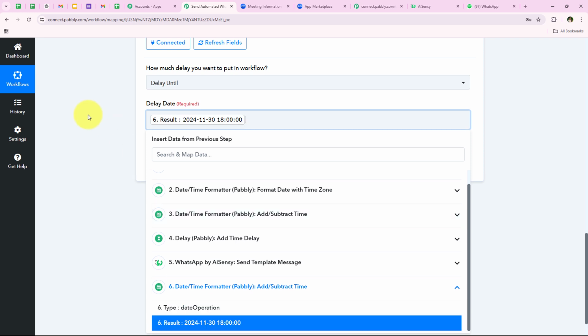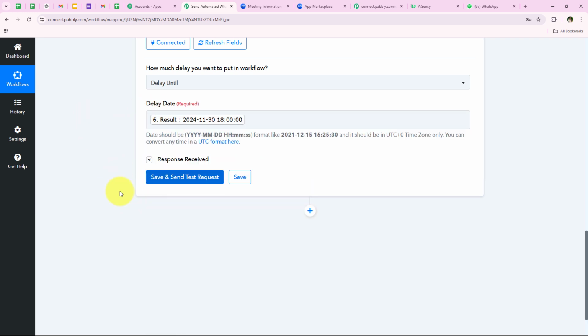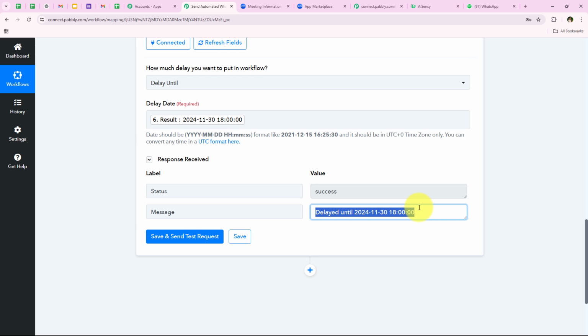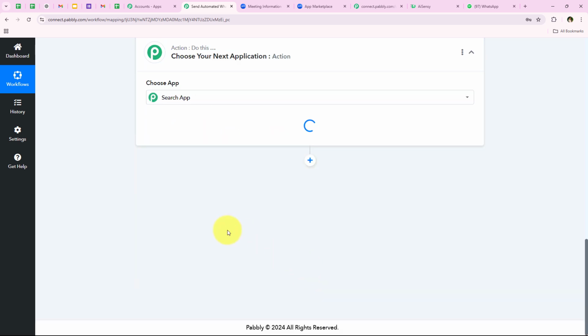And over here you can see 1 hour before the event. And now I'm going to click on this save and send test request, and yes, you can see delete until this date and time. And now again we are going to send an automated WhatsApp message. I'm going